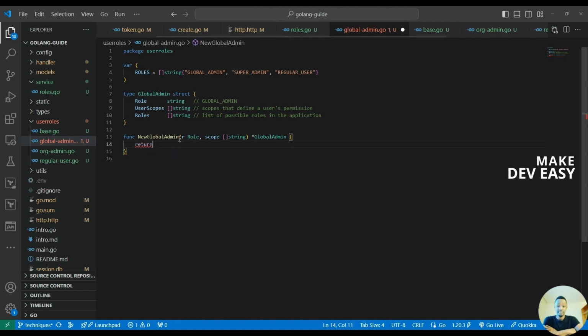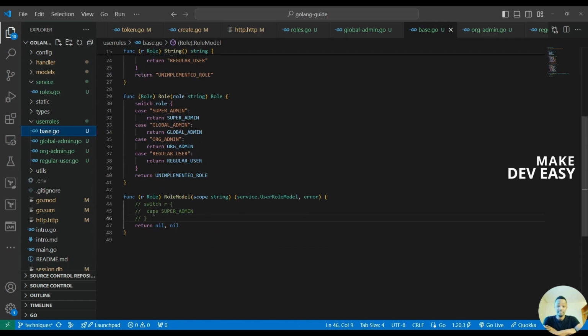And pretty straightforward, we'll just return this like this. So, sorry, my bad. So global admin, and then role would be this dot string, because we implemented the string method. Rows would be this guy up there, and then user scopes will be scopes. I can call this scopes, not scope. And that's more or less it, but we can't use this right away in our base scope,